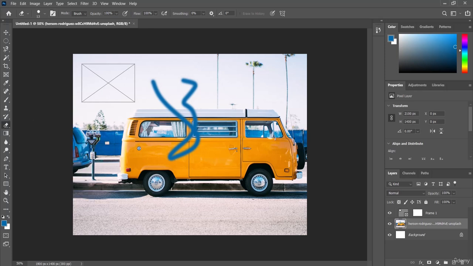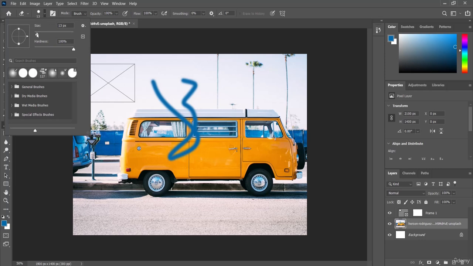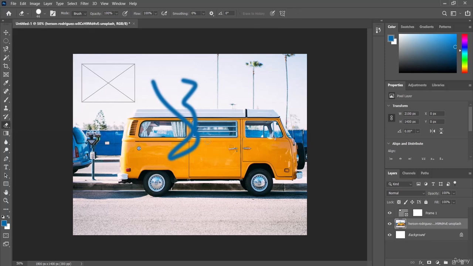Now I have to increase the brush size of my eraser tool, and here is the option for changing the brush size. So by default I have 13 pixel, but instead of 13 pixel I want to go for 44 pixel. Okay, now I want to erase this wheel part. So let me erase this wheel part. Okay, you can see here that